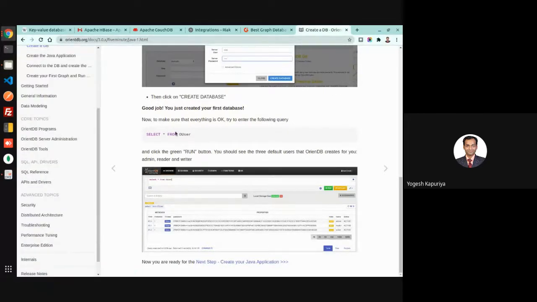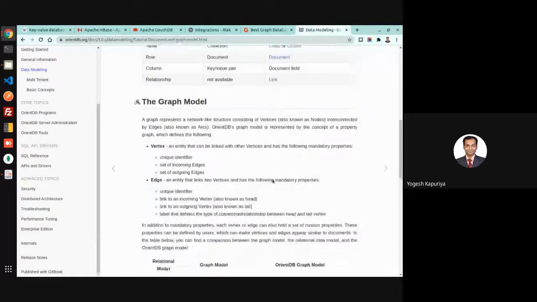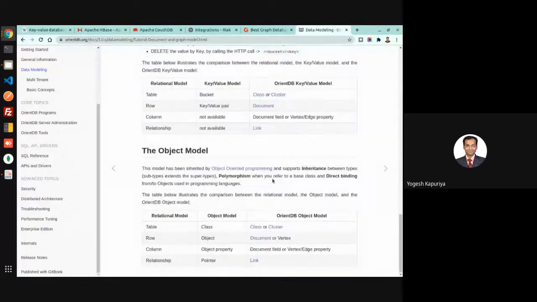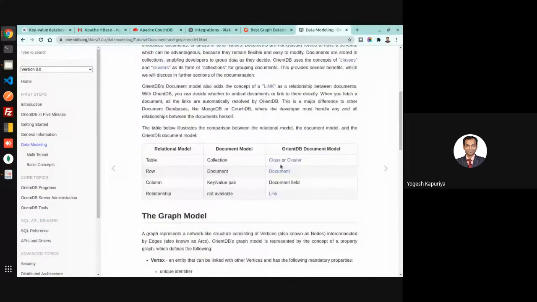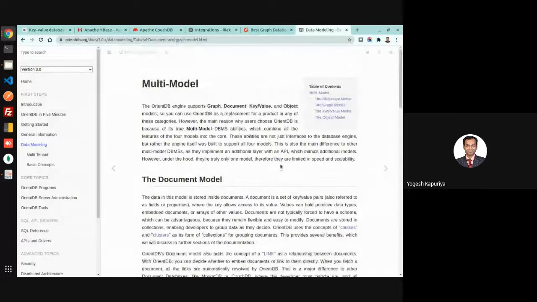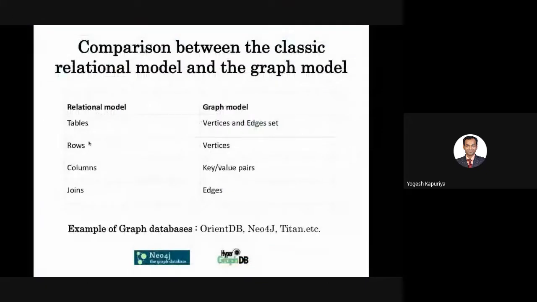This is basically a mixture, so those who are coming from the relational background can easily relate with this database technology. So you can search and look into that. These are the various options available for graph-related databases.